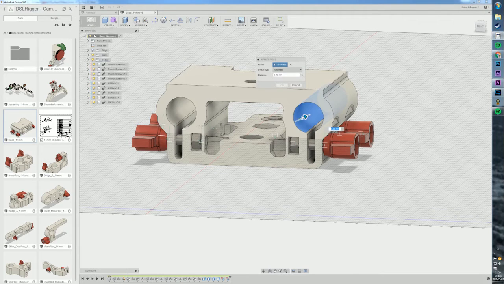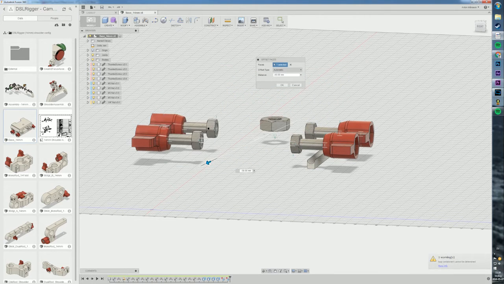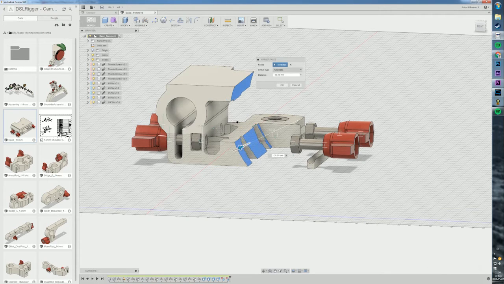I can pull it, I can make it bigger, larger. You can see that everything follows. So that's really nice with the parametric models, and of course I can reach a maximum somewhere. But you see the way that it treats the model, that it represents a solid volume, and we have more